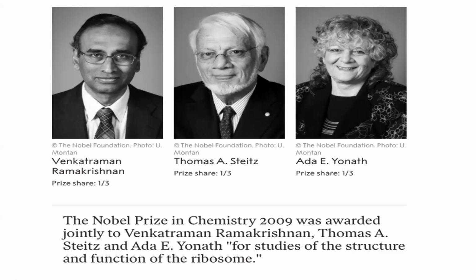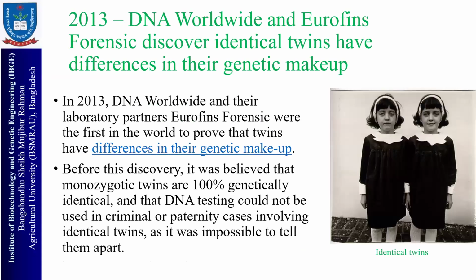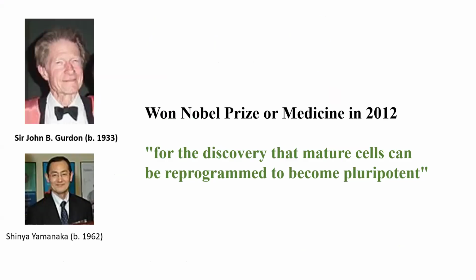Ribosome is the site for protein synthesis. They determined the 3D structure of the ribosome, which is very complex, and it helps us understand how protein synthesis occurs at the ribosome. Even identical twins, when you sequence them, you will find a different DNA sequence, not 100% the same. There are some other interesting